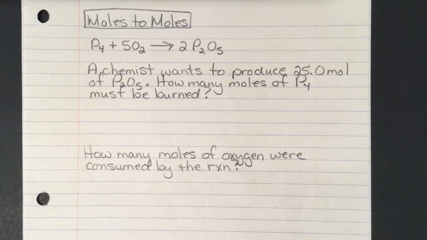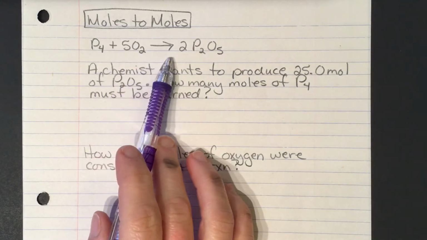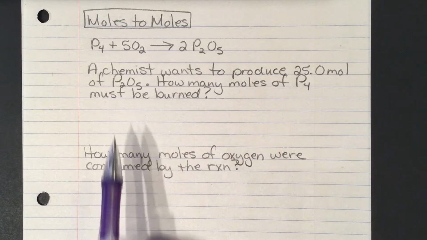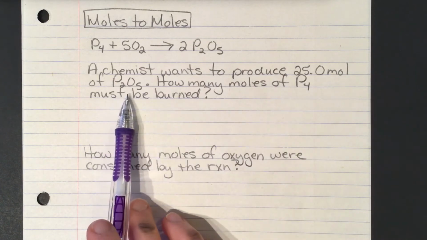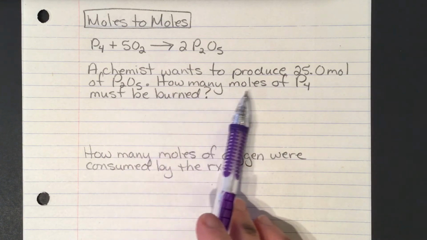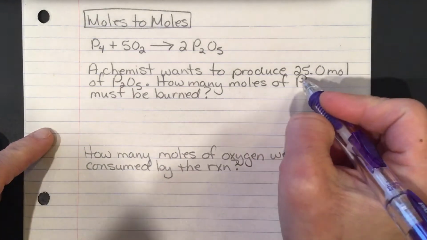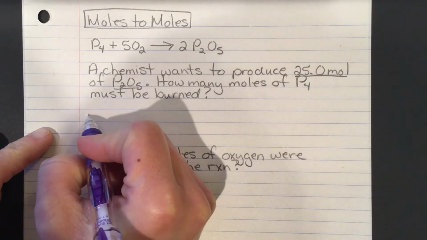So we're going to work with the same equation we had previously. P4 plus 5O2 yields 2 P2O5. And my question is, a chemist wants to produce 25 moles of P2O5. How many moles of P4 must be burned? So I start with my 25 moles of P2O5. So I write that down,